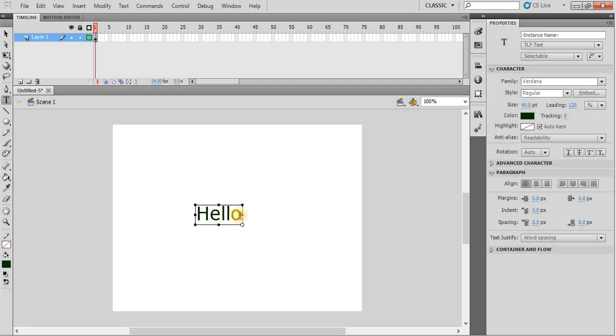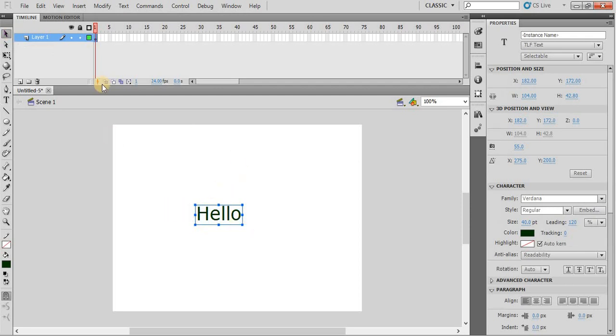So the text properties can be changed from the properties window: the family, the style, the size. You can type the size here by simply clicking this option. So right now we have selected the size 40 with green color, and family is Verdana and style is regular. After this, once you have typed this text, you can even resize or transform it by using the transform tool, and then we will bring it to the center of the stage.